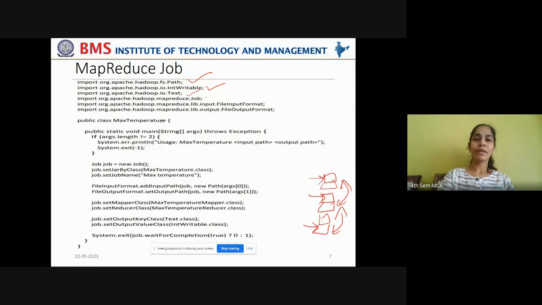And you are going to pack map and reduce classes into a job. So you have to import the MapReduce package's Job class, and you also have to give the file input and output formats so that they can be understood by the MapReduce task.